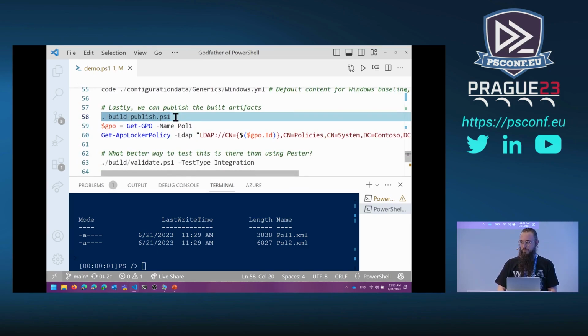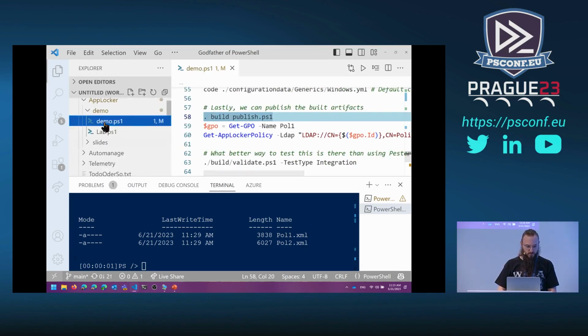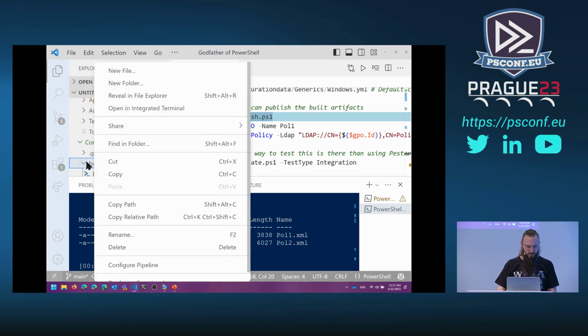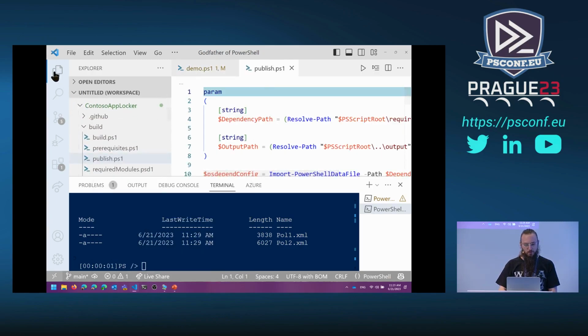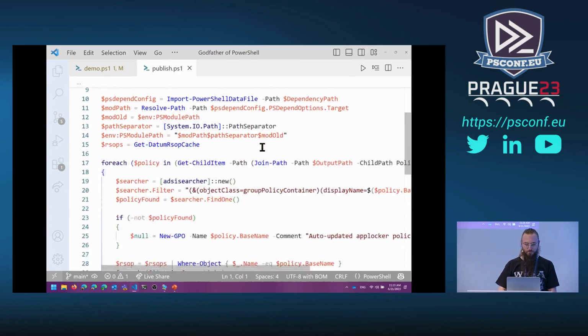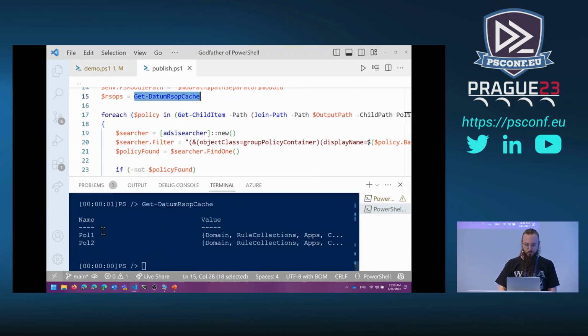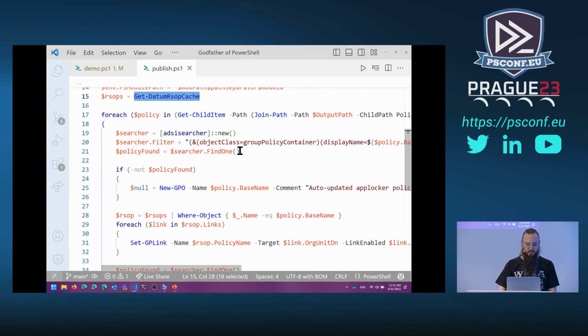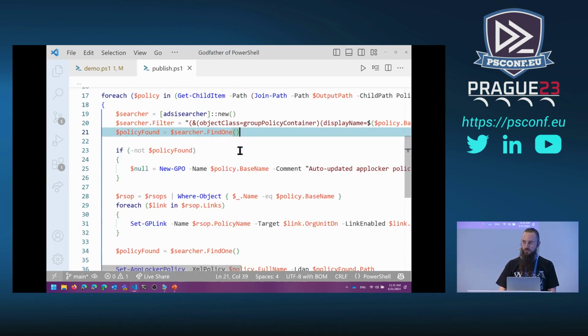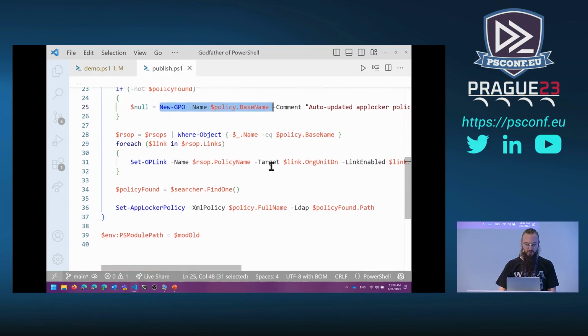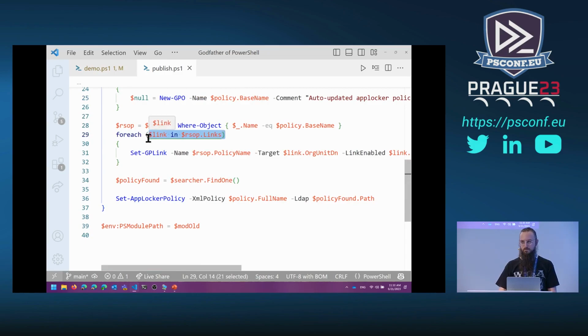The publishing can be done using the publish script. If we have a look at this, I mean, why not? We are here anyway. Which does nothing fancy. We will import or examine the RSOP, the resultant set of policy cache, which contains all our policies that were built during the build process. It will then go ahead and search for the group policy, test if it exists. If it doesn't exist yet, we will simply create one. If there are any links defined, we will update the linking and then